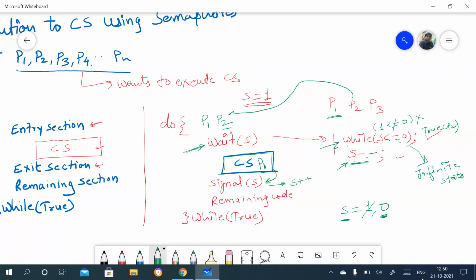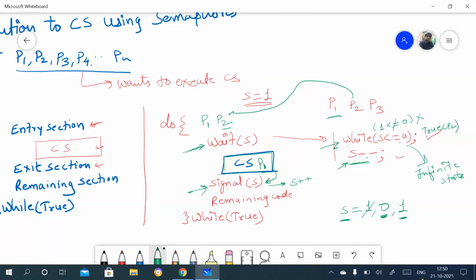Simply S plus plus, right? So that S value becomes 1. P1 completed its execution from the critical section, exited, and successfully executed the signal function. After executing this statement, the value of S becomes 1, right?